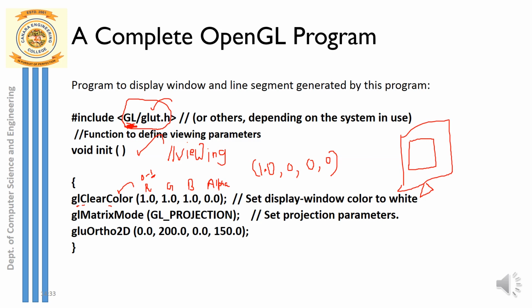Okay, and about this alpha. The last parameter is alpha. This is clearly a blending function. So what is the meaning of blending here? I have a background here which can be opaque or transparent.